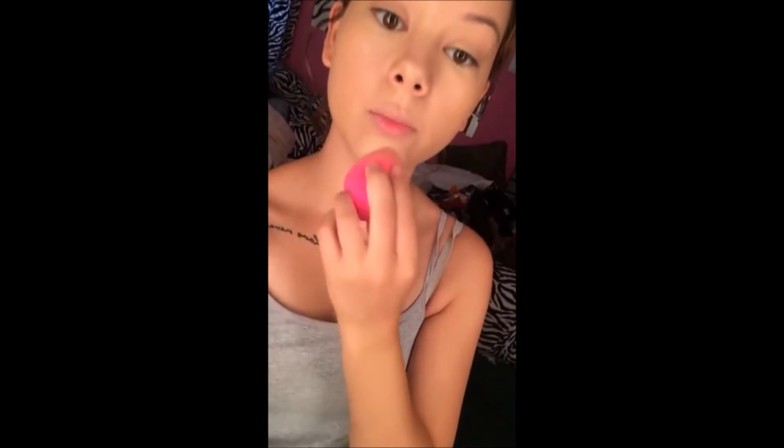by doing the triangle and bringing it out. And oh my gosh, I still have concealer left over. So I'm going to use that along my nose, chin, and forehead for that highlight. So I'm taking the concealer along the bridge of my nose, and then also my chin, and then up in